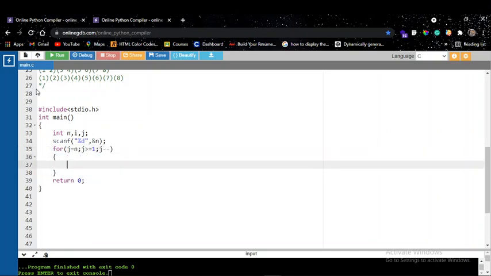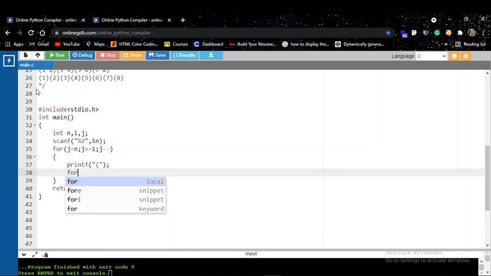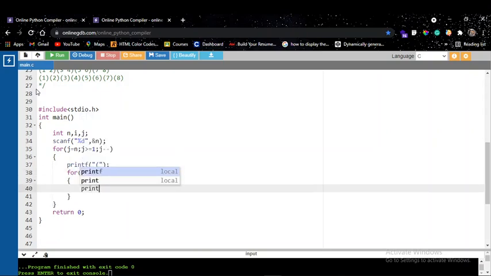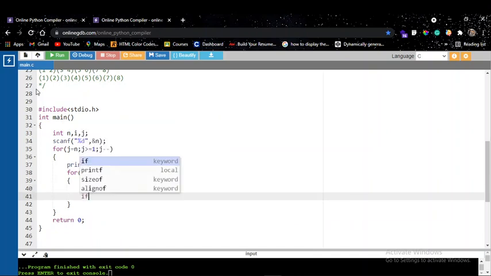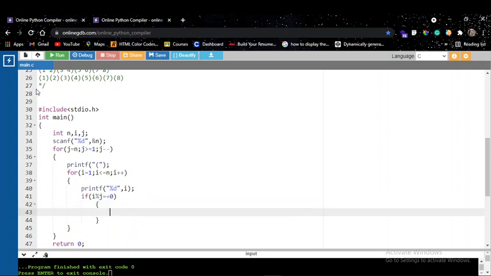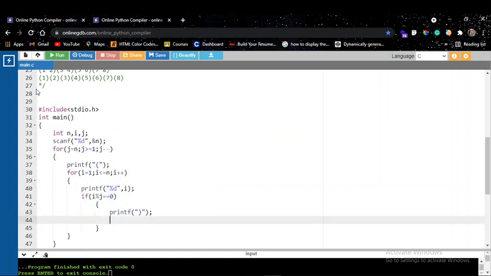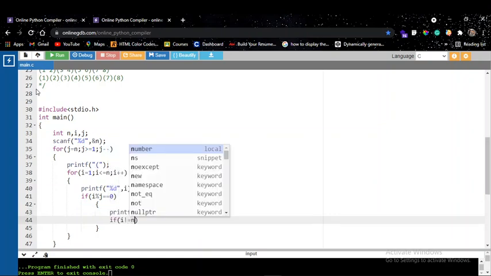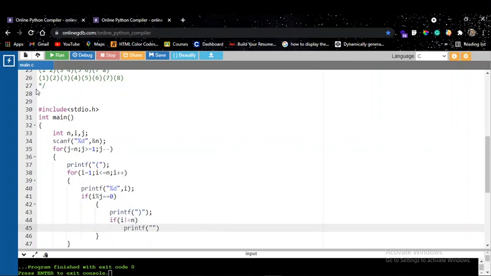minus minus. Okay. So first I'm gonna print the open bracket, and I'm gonna declare another for loop where i is equal to 1 and i is less than or equal to n and i plus plus. So first I'm gonna print the i value. So if i value and j value are divisible with each other, I'm gonna print a closing bracket, and I'm gonna check if i value not equal to n means I'm gonna print a opening